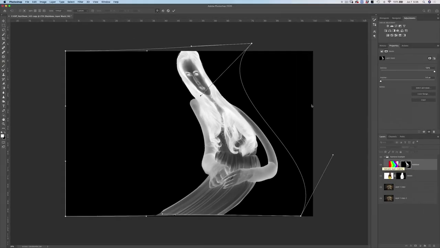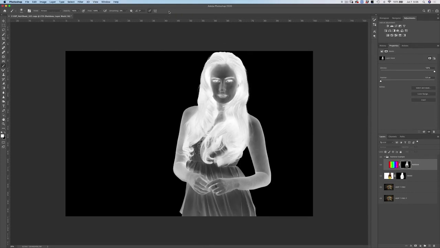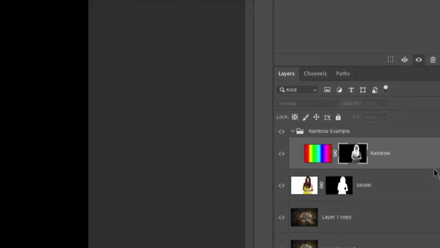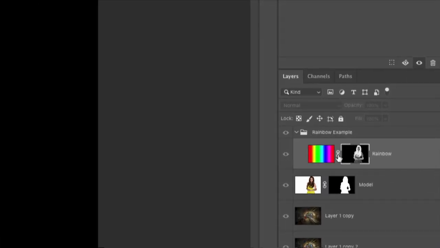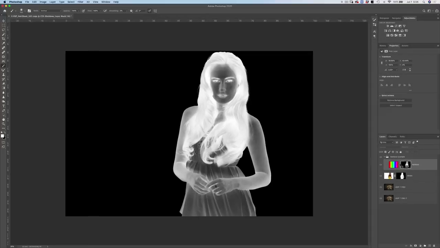So if we don't want that to happen, let's go ahead and just reject these changes. We can come in here and unlink the mask of the layer from the layer itself. So we'll click there on that little chain link.